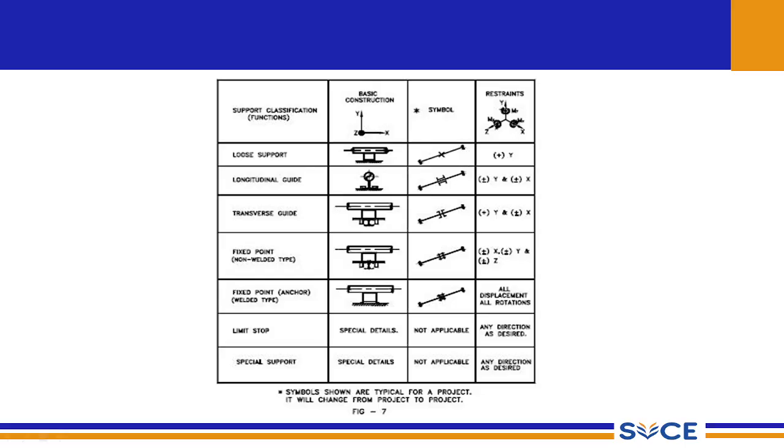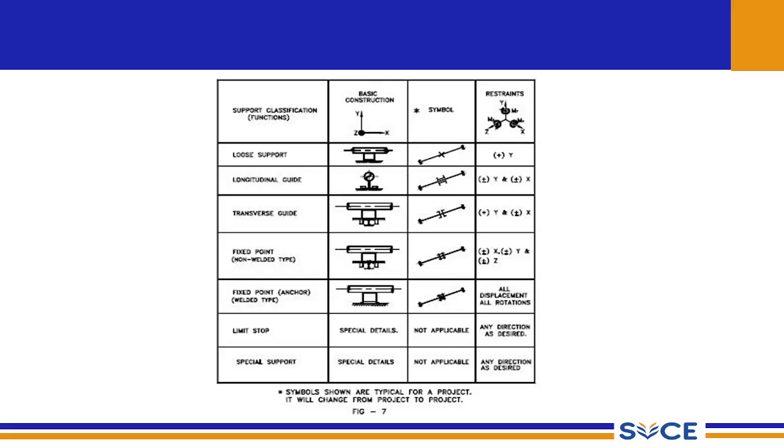So if you look at the transverse guide, we can see that the restraints are along the x-axis and the positive y-axis. So the pipe can move along the z-axis and the minus y, that is the negative y direction. That is, the pipe can move as per this orientation downwards,